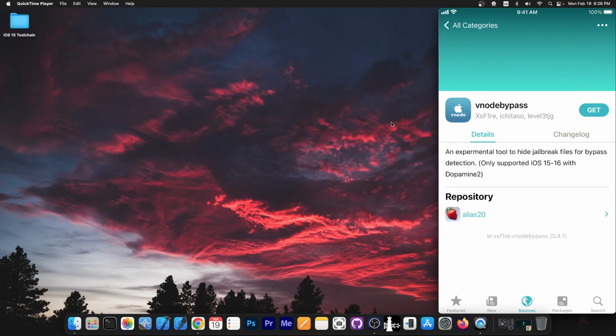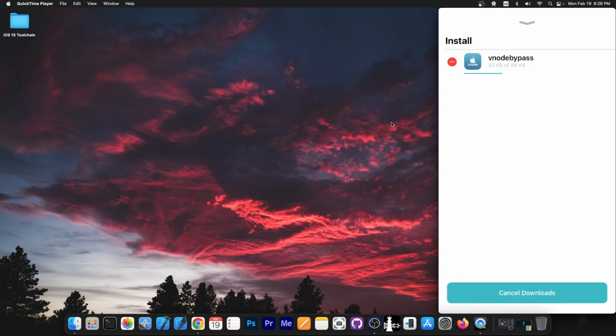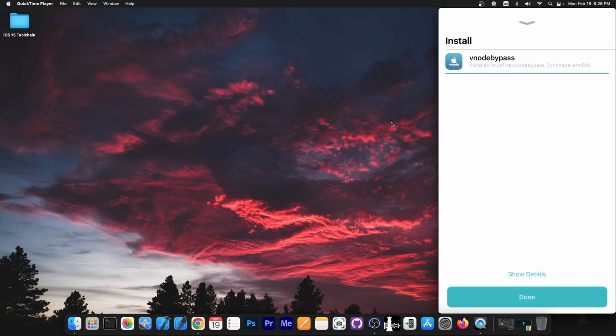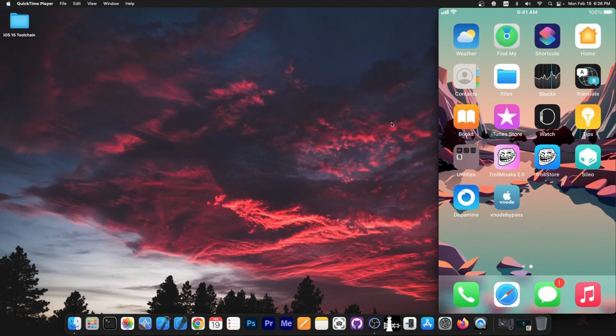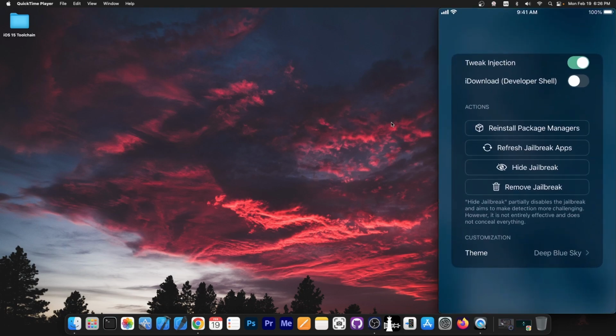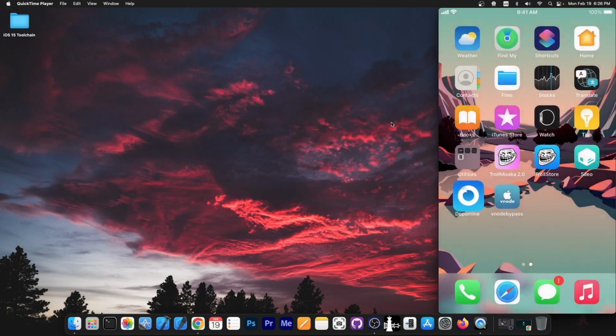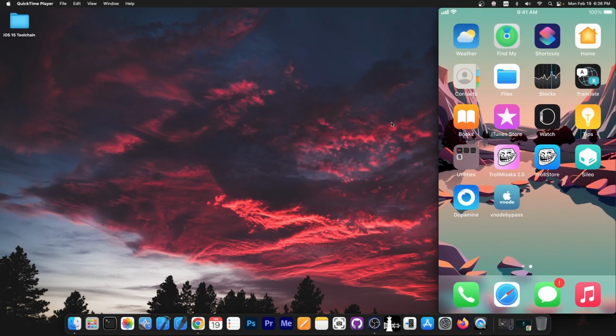So to install this, you press get over here. It's a free tweak, you don't have to worry about that. You press confirm, and if you don't have it, it will install LKit by default. I'm gonna press done in here, and it may not require it by default, but I would definitely advise you to go ahead and reboot your phone, like proper reboot, by using the power button, and then come back, open Dopamine again, jailbreak again with Dopamine,